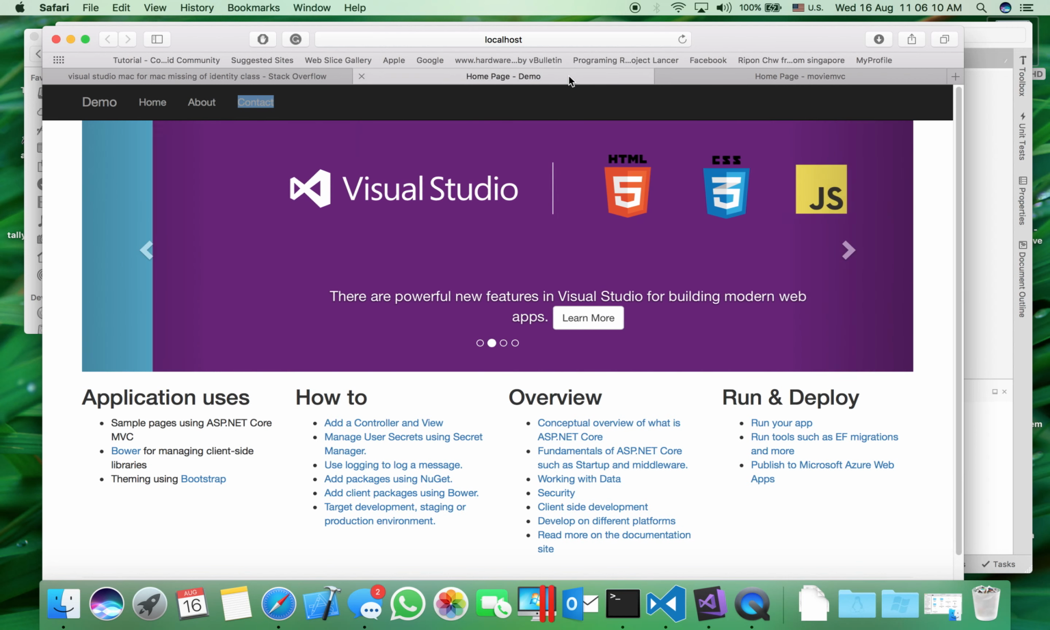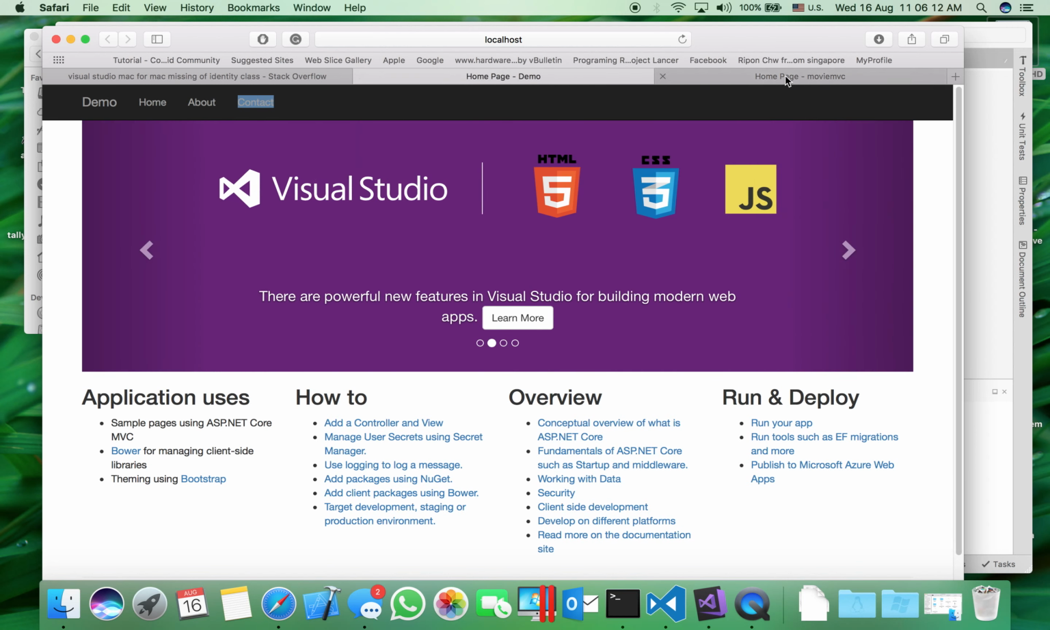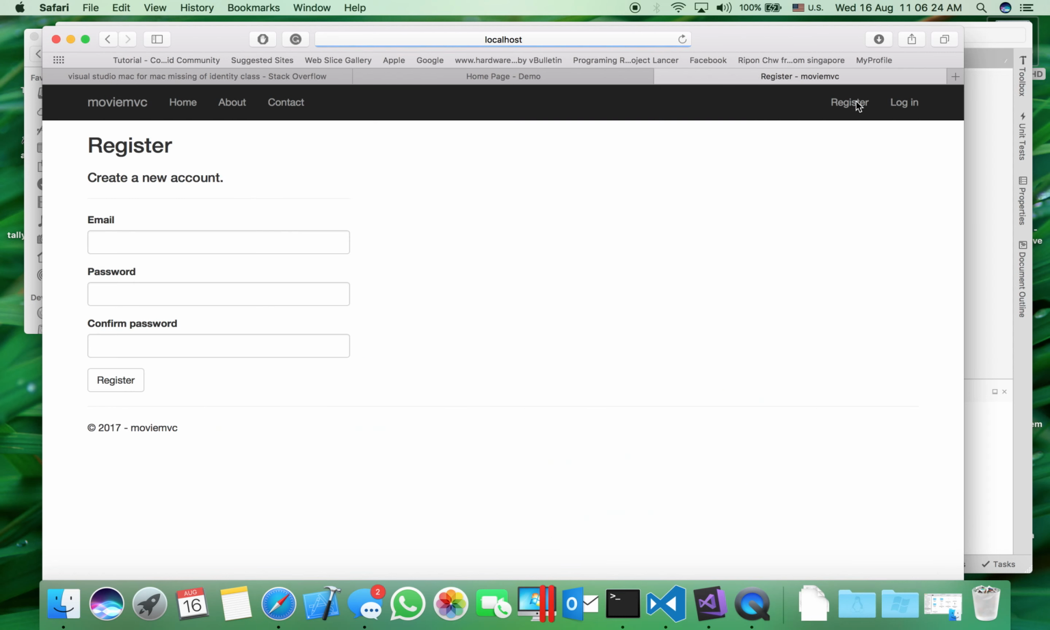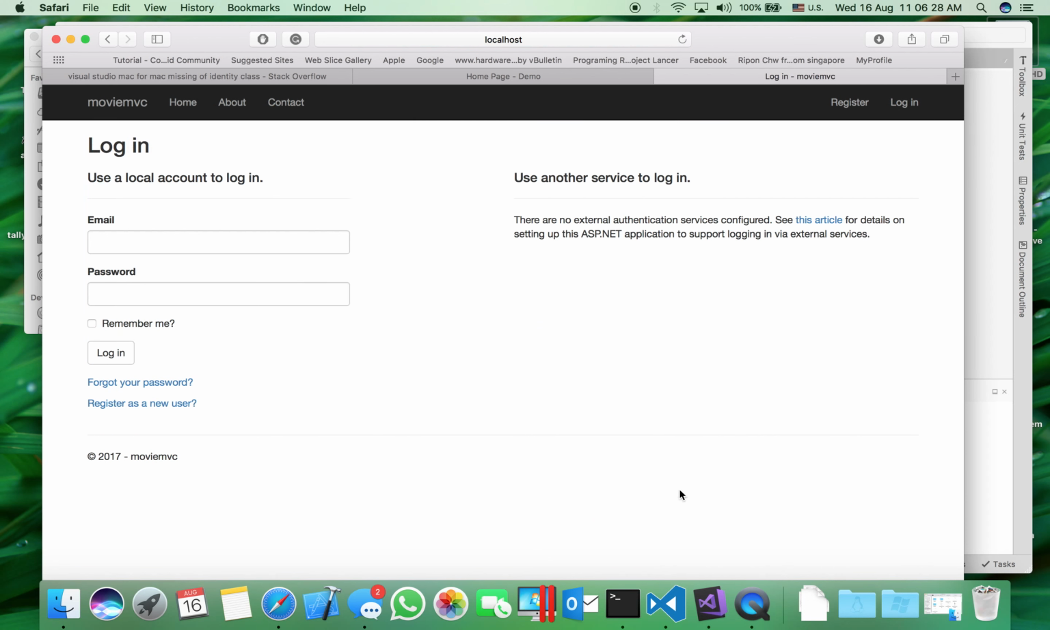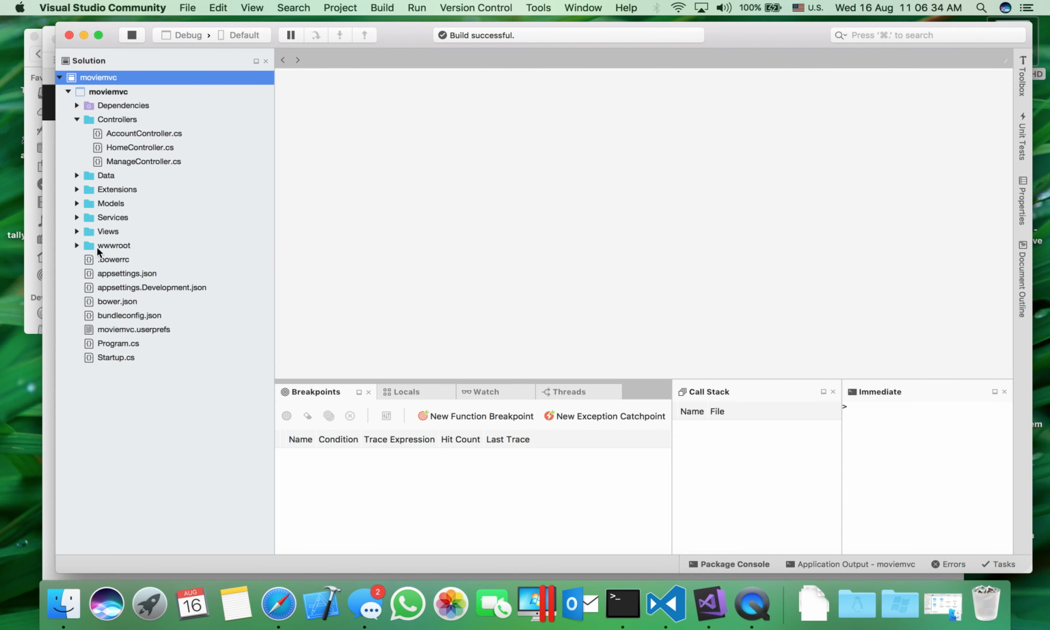you can see the difference between the demo project and the movie project. The demo project is missing registration and login. And for the project created by the terminal, we have this registration and login. Because Microsoft does not support SQL Server for the Mac, to make it work,